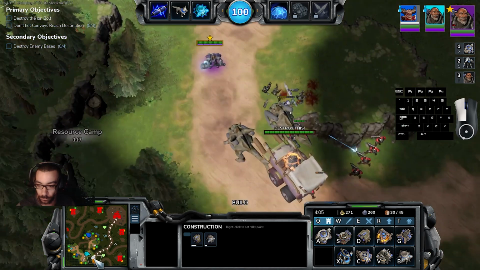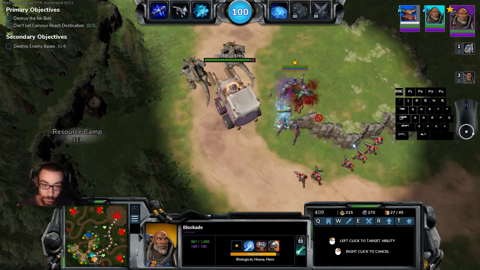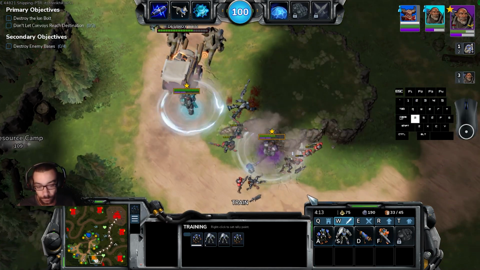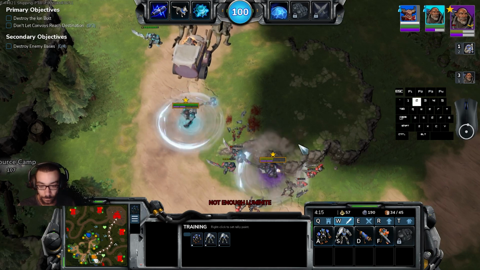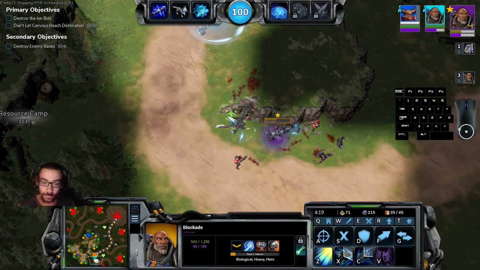But when dealing with the convoys, it is important to remember that if you get run over by the convoy, it will just completely blow up your building, and you don't really get anything back for it. But moving on from a general opener and build suggestion stuff to talking about Blockade's abilities,